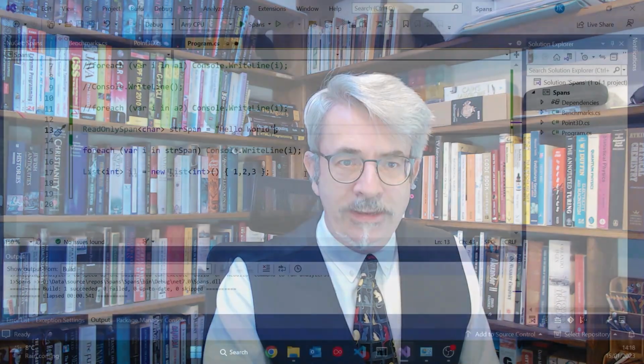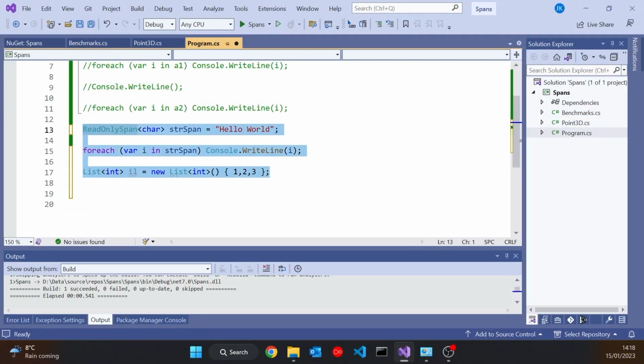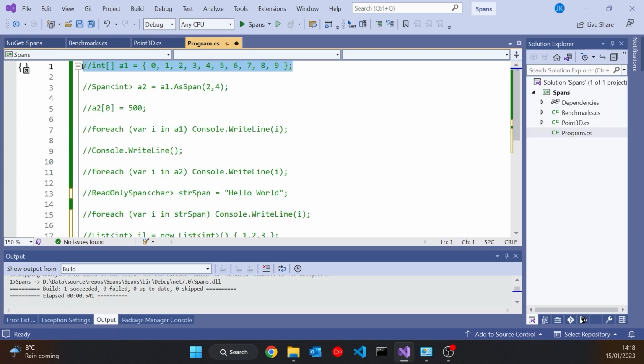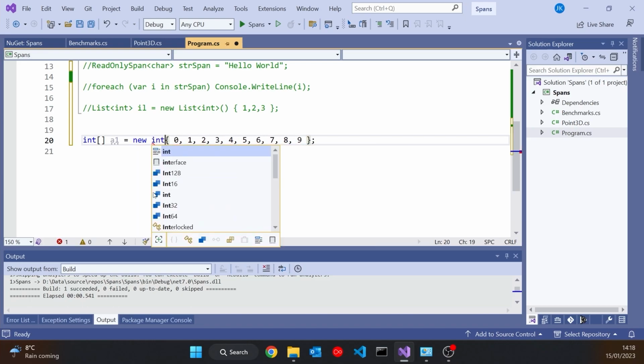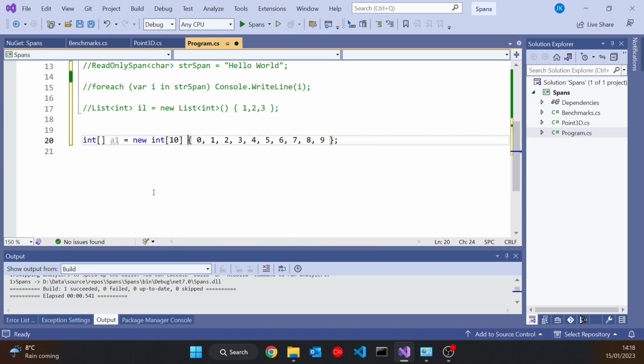Now, another step further we can take with spans is this. Something that's been around in C# for quite a long time is the idea of stack allocation of an array. So rather than having our int array declared like that, which is really an abbreviation for equals new int 10 and then initialized to those values, just to put it in its long-winded way.